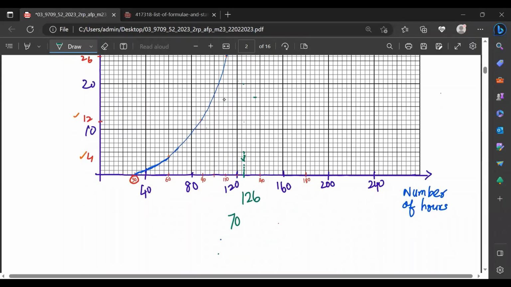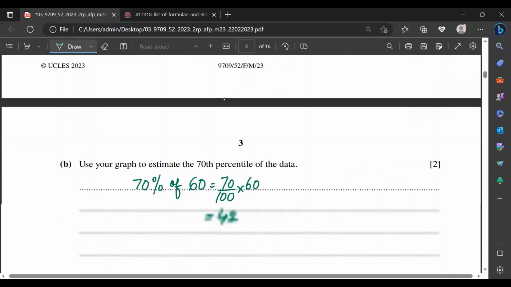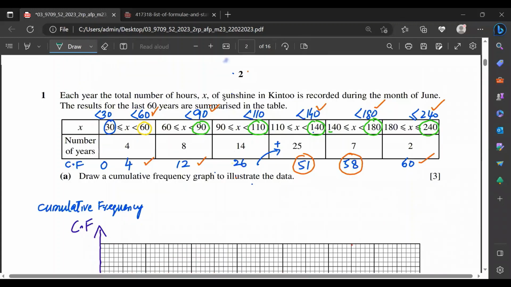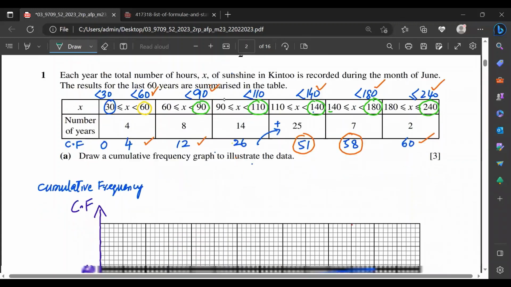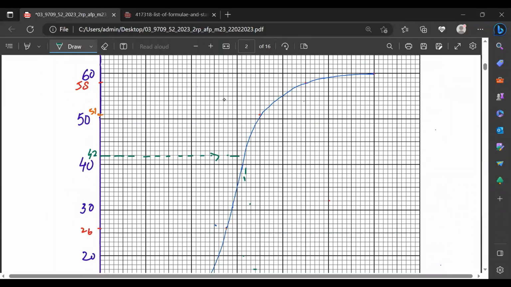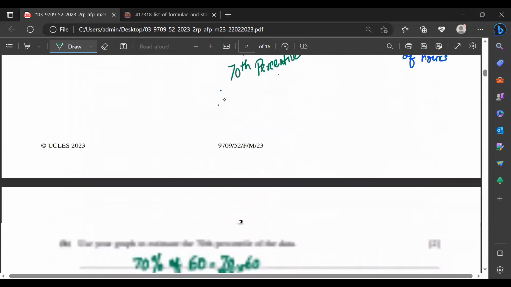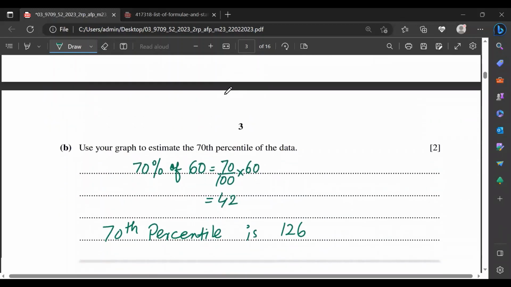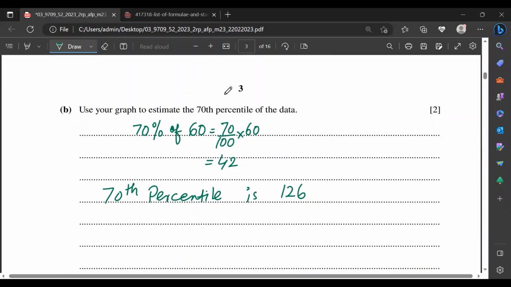This value is the 70th percentile. Next. So we have the cumulative frequency graph, and with the help of the cumulative frequency graph, I found the 70th percentile of the data. The reading against 42 is 126, and 126 is the